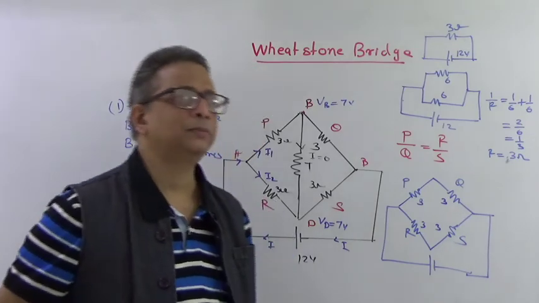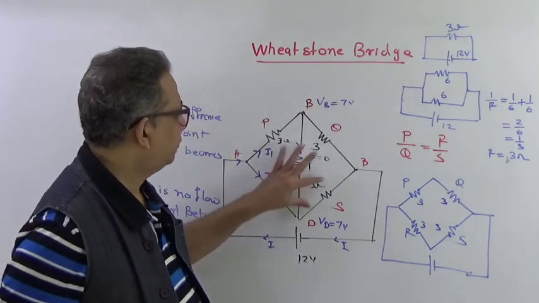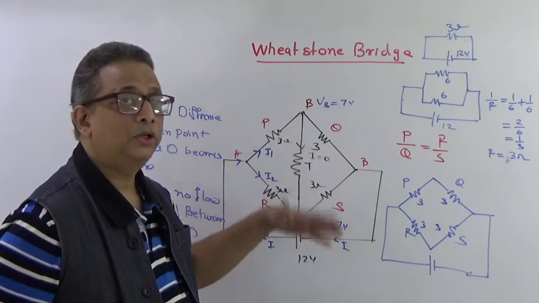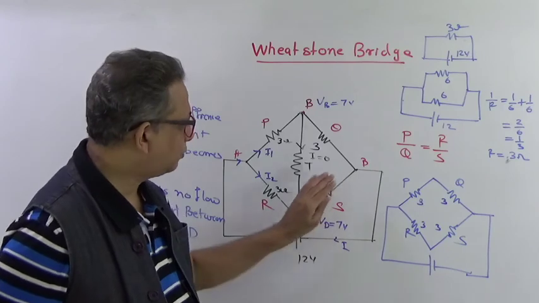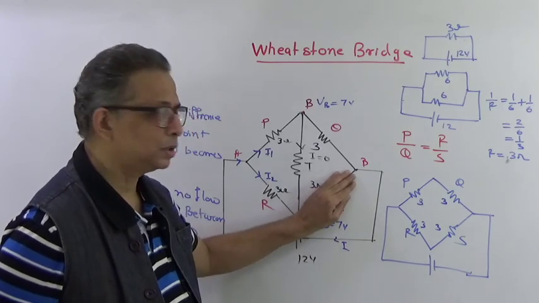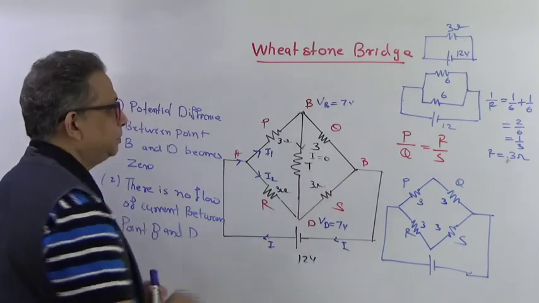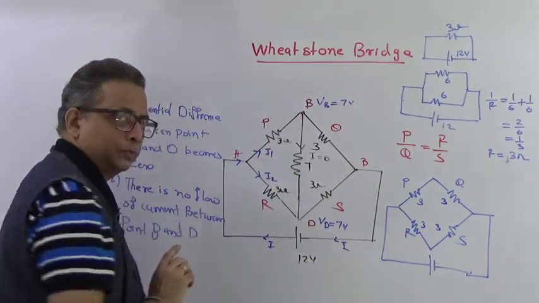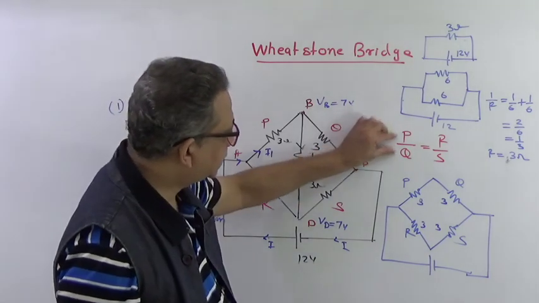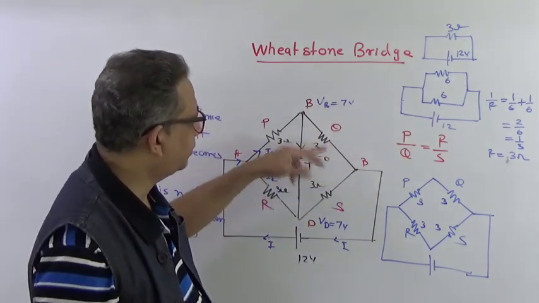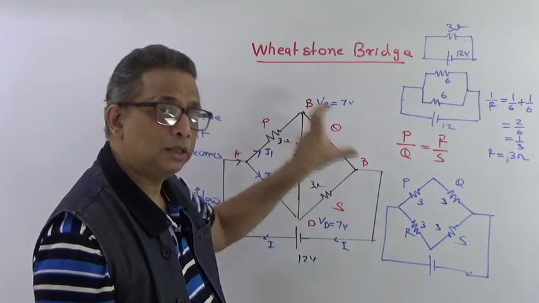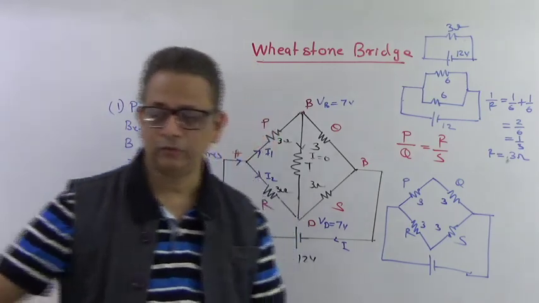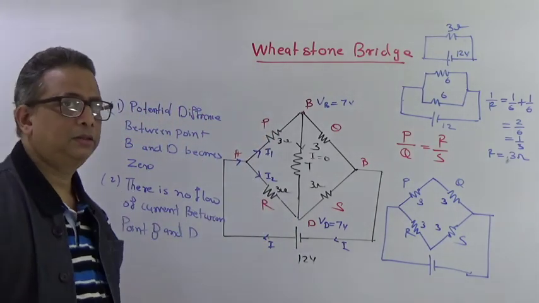There will be certain problems based on this, like what resistance should be added in parallel to this resistance by which it will be a balanced bridge. So you have to consider this total S as a total resistance of this arm. A bridge is made up of 4 arms, arm 1, arm 2, arm 3, arm 4, right? So this is the resistance of each arm. Within this, there may be 3-4 resistors in series, so the total resistance will be the resistance R, right? So this is one thing which you have to understand. So please make a note of this.